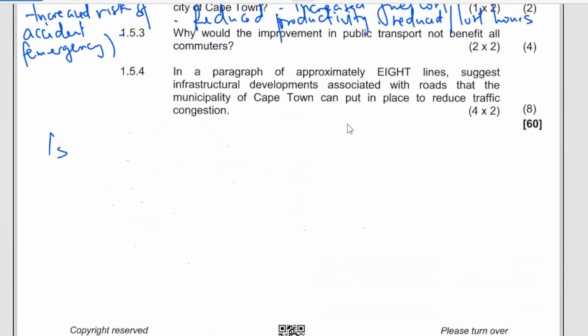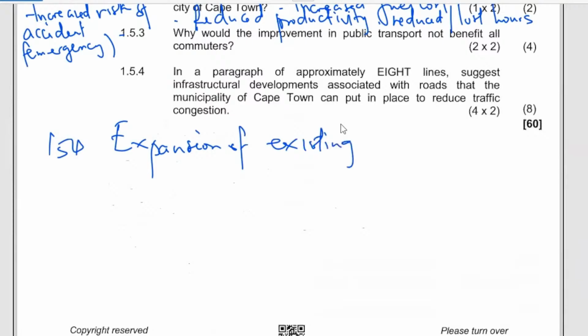Right, number one. We can talk of expansion of the existing road network. We can expand the existing road network. There are some road networks that need to be furthered to reach other places. And also, we need to ensure that there is access to the road network. So we can expand the existing,